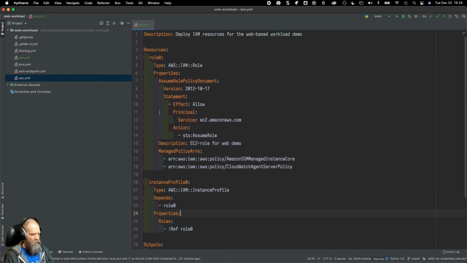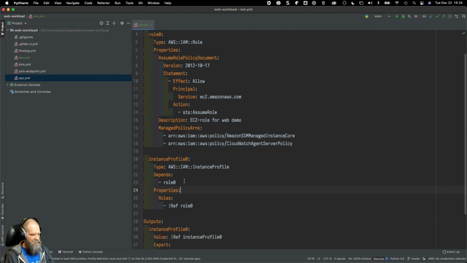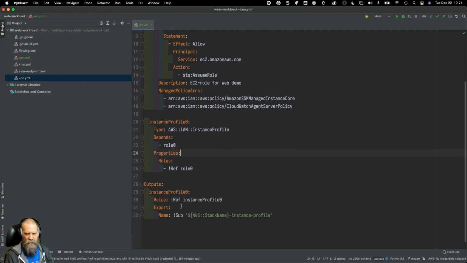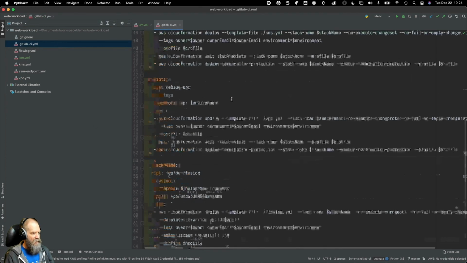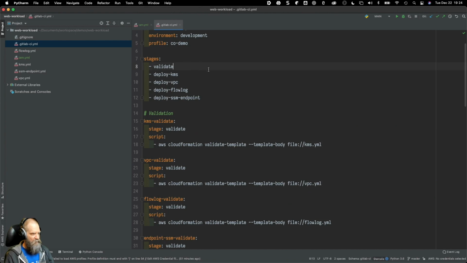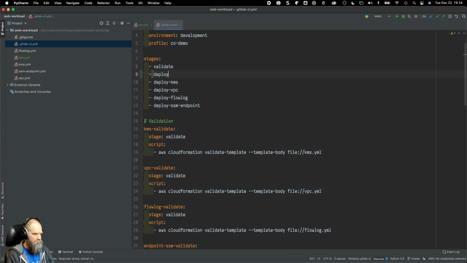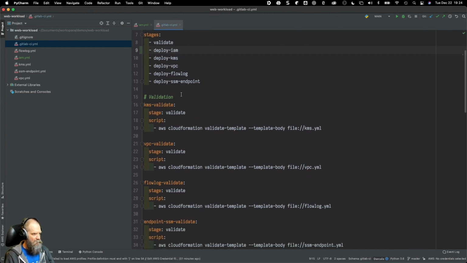Okay. So we've got our role defined, our instance profile, and then some outputs to be able to get the instance profile that we're going to use later on. So we've got everything we need. What we need to do now is add it to our deployment script. We're actually going to do this up here. And we'll say,